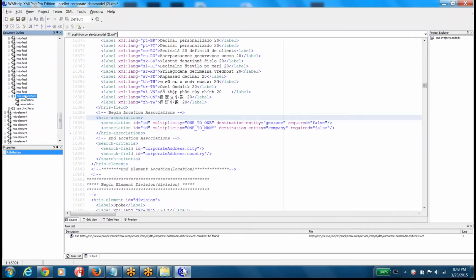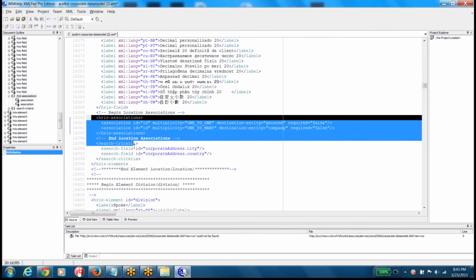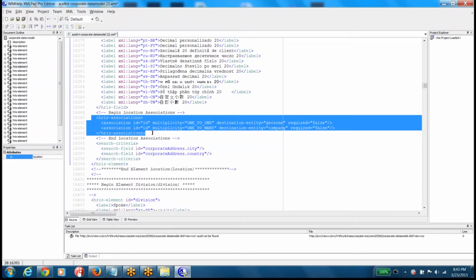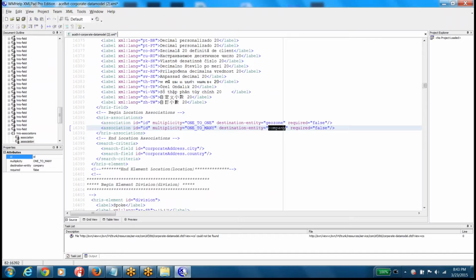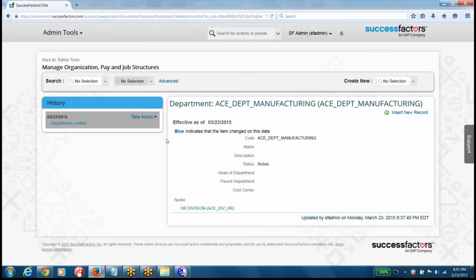You can see here, yes, we are inside the location object, and here you can see the location has two associations maintained, one with the GeoZone and another with company. Okay, let me show you how it looks. If you go to your location,